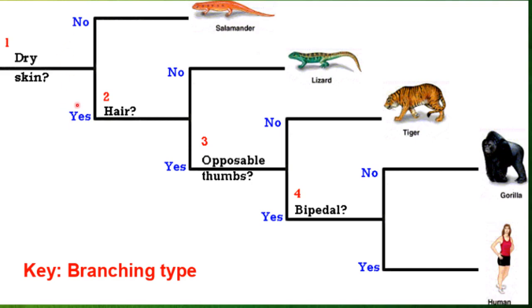So the presence and absence of dry skin will be the contrasting characters here. You can say these are couplets. Dry skin is a lead and the presence and absence of dry skin are couplets of the key. Now you can easily choose: if you are watching any organism, you can tell whether it has dry skin or not. If no, then it can be a salamander. If yes, then you will go to another lead.